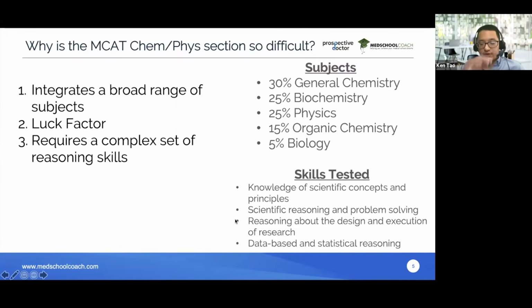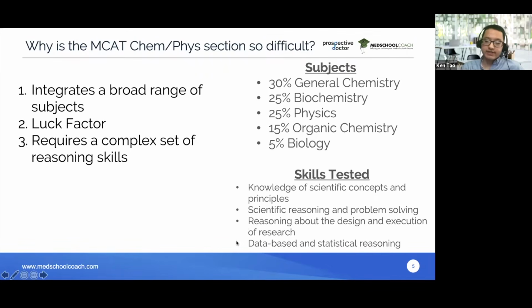Skill 3 is about experimental design and research. So in the Chem Phys section, you'll usually have a few passages that are describing experimental setups or some kind of study that was done. This tests a combination of knowledge of basic science lab techniques. For example, do you know the difference between native PAGE, SDS-PAGE versus reducing SDS-PAGE? Other questions will ask you, what happens if they do this manipulation, right? If they ran the experiment doing this, what would the results be, right? So that's what it's based around in terms of design and execution.